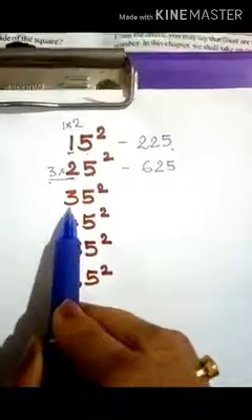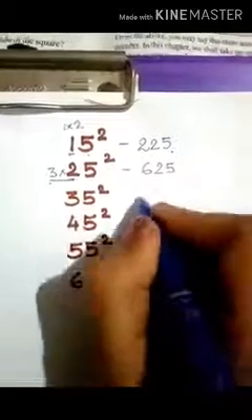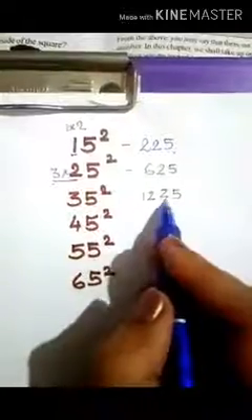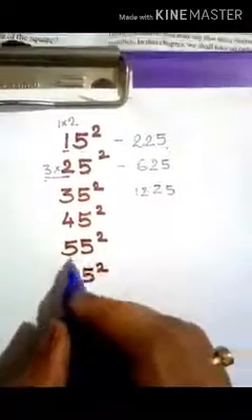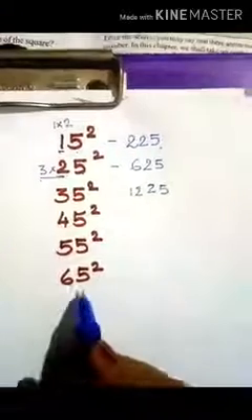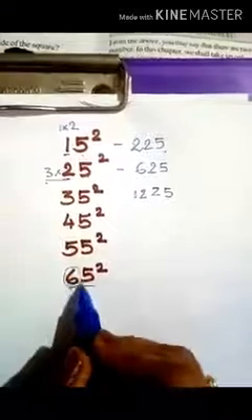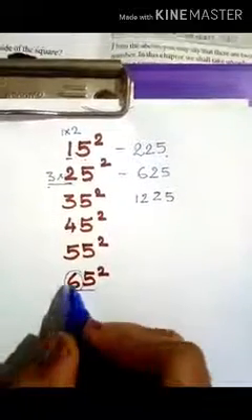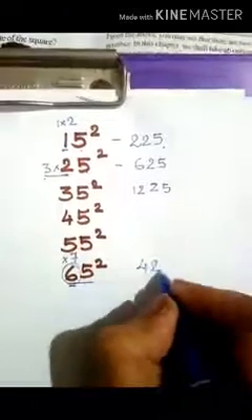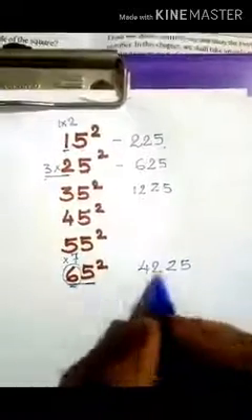Try this. 3 you will multiply with its next number, that is 4. So 3 4s are 12 and 5 5s are 25. So what is the square of 35? 1225. So you'll complete this also as far as you can and do it in your notebook. Let's try this one. 6 you'll multiply with the next number, so 6 has to be multiplied with 7. 7 6s are 42, and then square of 5, that is 25. So 4225 is the square of 65.